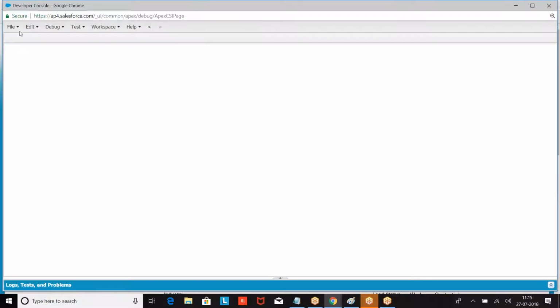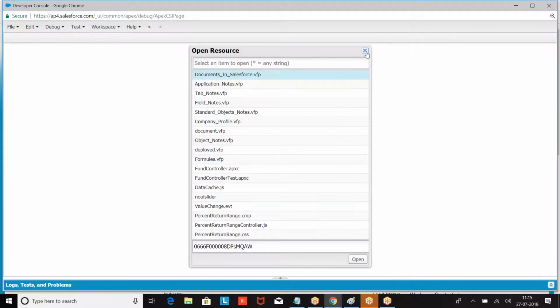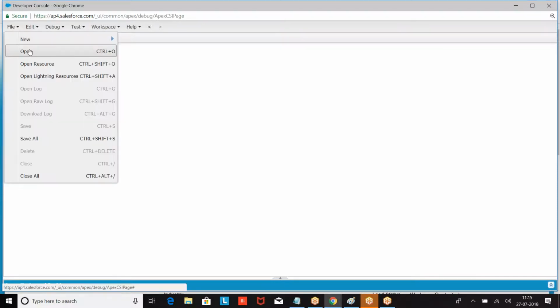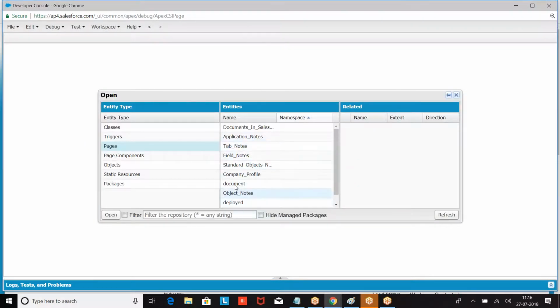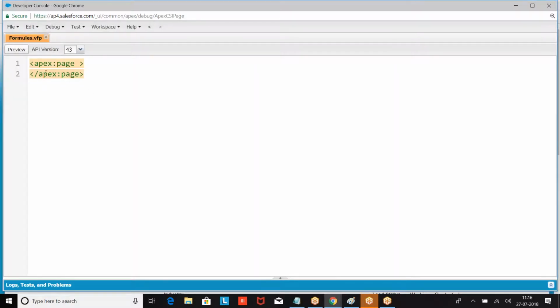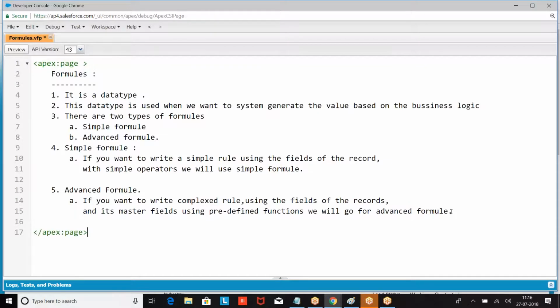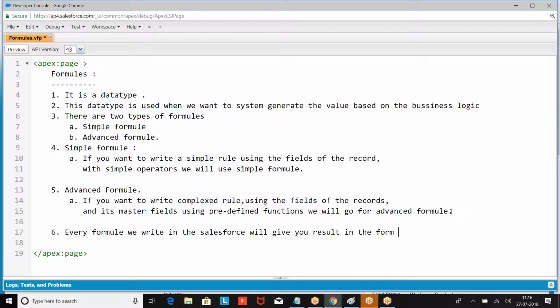Whenever we are writing formulas in Salesforce, every formula in Salesforce will give you a result in the form of. Look at the point. Every formula we write in Salesforce will give you a result in the form of checkbox,